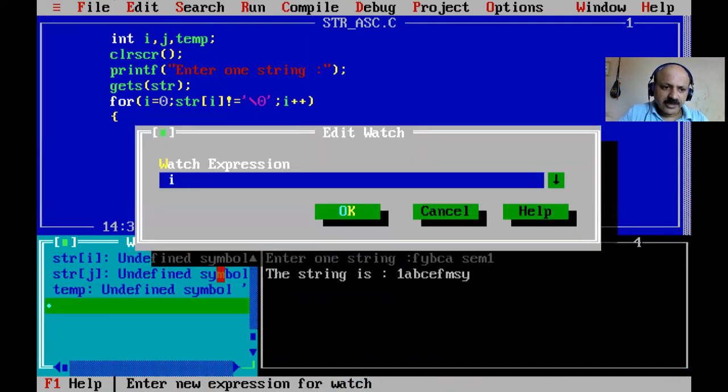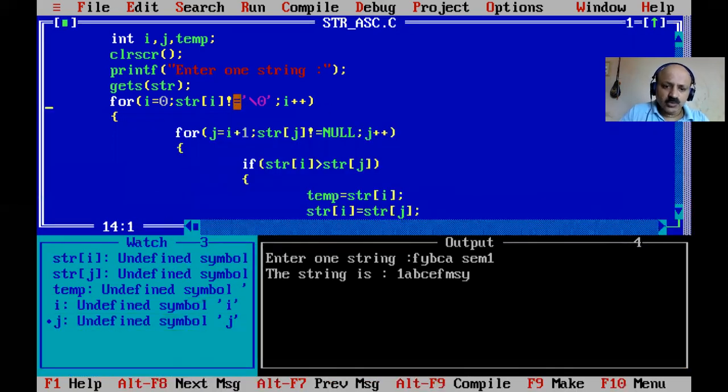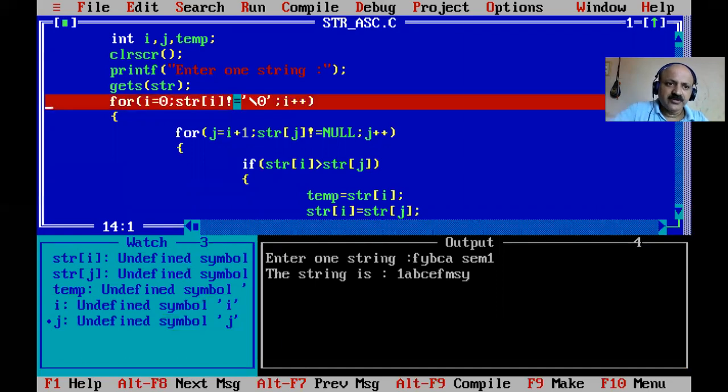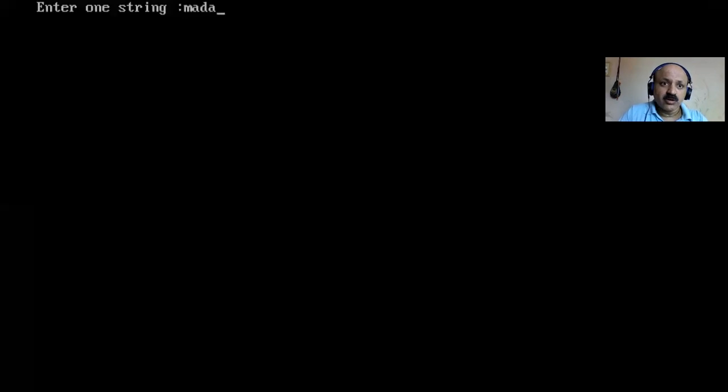So here I and j are also separate. Here we start directly with our trace table, control F8. So the red line, and I run control F9. So compile, and in madam the small and capital ASCII code is changed. Compare the ASCII code. So here M is compared to A and then M compared to D, M compared to A and again M compared to M. So the zero index is compared to the rest, then the second position A is compared to the rest of all elements. So that is selection sort.